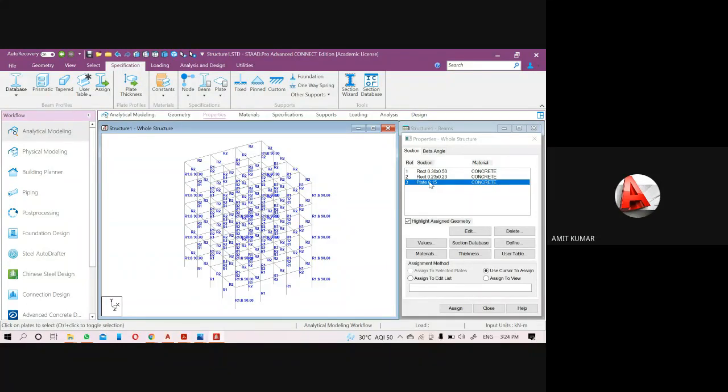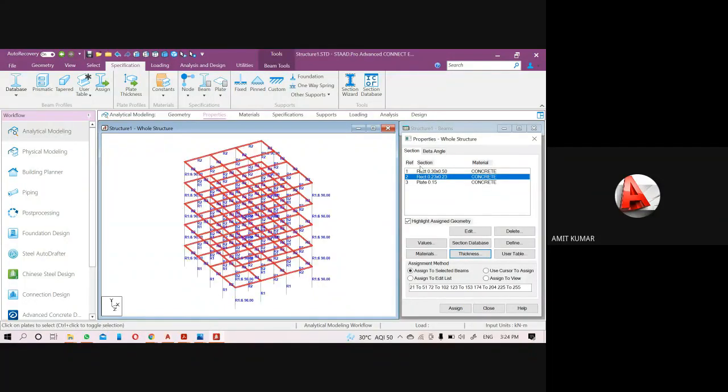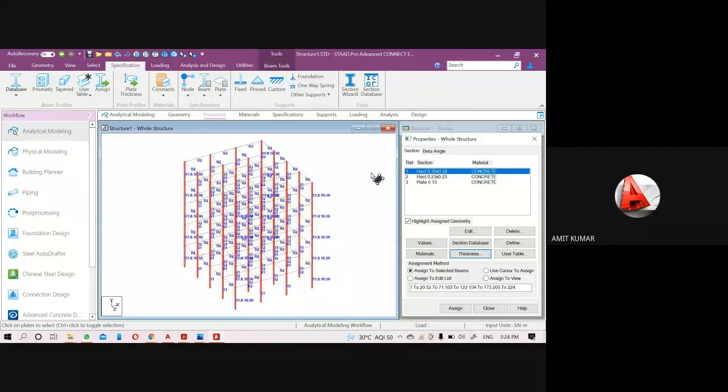In that condition, pressure of water on the slab must be defined, and the output will also have to show in your output file. That's why we have to create the plate there. In your building structure, you can skip the creation of the plate, because we can calculate the weight of the plate manually also. But if there is a requirement to show the plate stress, then we have to create the plate here.